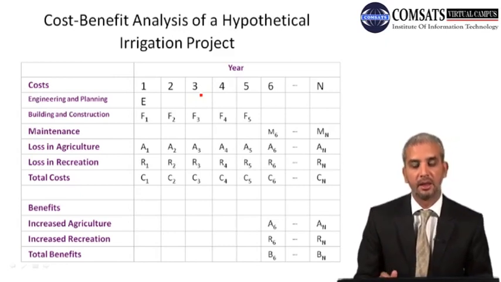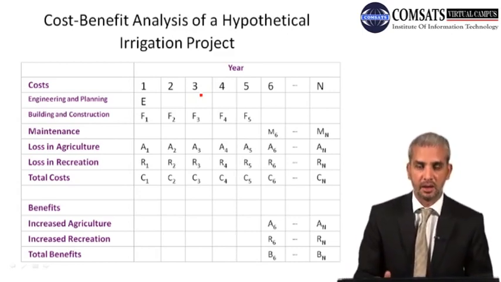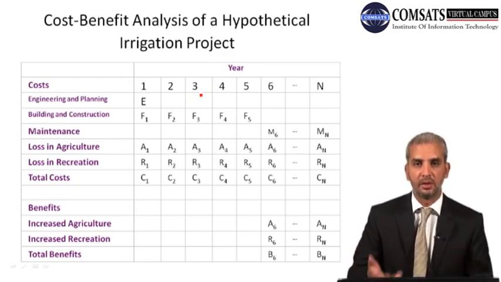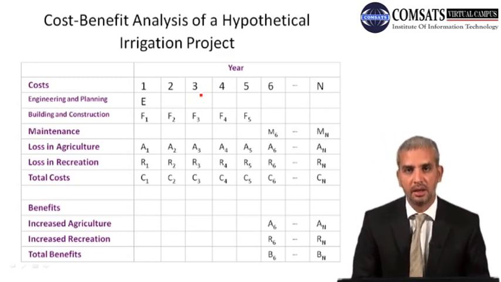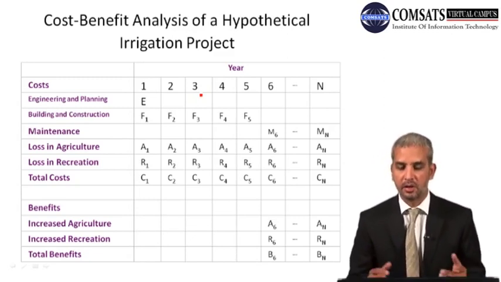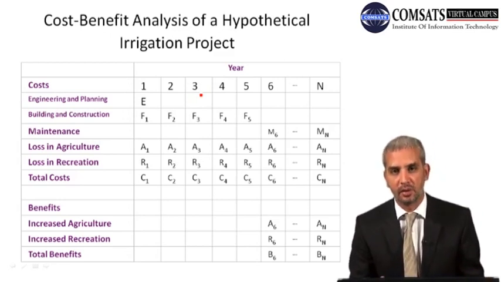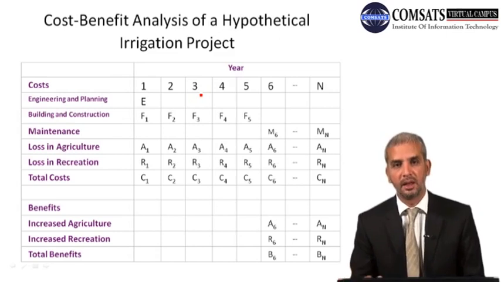Then there is maintenance cost. Maintenance cost would be in terms that once the project is up and running, you need to hire certain manpower and equipment to keep that irrigation facility well maintained, so that it keeps giving you returns. Those would be costs that would start after the initial project cost has been borne. It is a possibility that that sort of irrigation facility would be a capital intensive project in the start, so there would be huge cost borne in the start, and then later on those costs would diminish, and there would be only maintenance cost.